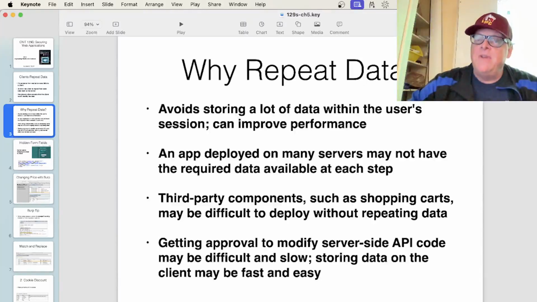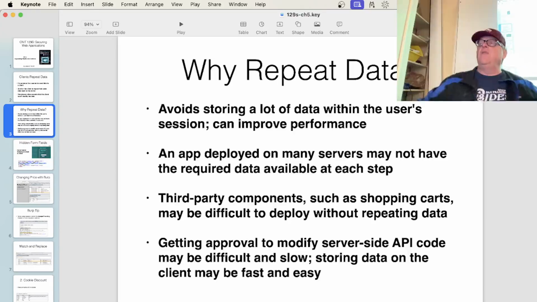Now, the reason this happens is because it's just more convenient for an app to bounce it off the client frequently than to figure out a channel to move from one server to another at your app farm. This is the problem. Your web page is actually using many different components and many different servers, and often just putting something in a cookie and hoping it'll come back unchanged is the easiest way to do it, rather than figuring out how to move things around between your servers with API calls or something. So,